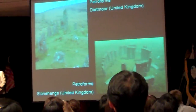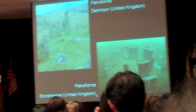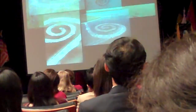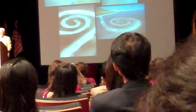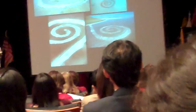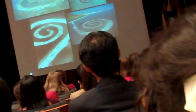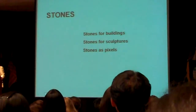Okay, the other word was petroforms, and most famous, probably in the world, is Stonehenge in the United Kingdom, but there are other ones. These are stones that were organized by the people with probably ritual purposes. But modern artists also tried to make shapes with the stones, and this famous spiral in Salt Lake in the United States has now disappeared because the level of the lake has risen and the water destroyed everything, or at least submerged it. But it's the mixing of all techniques and modern ways of expression. Okay, going further in the top, we have